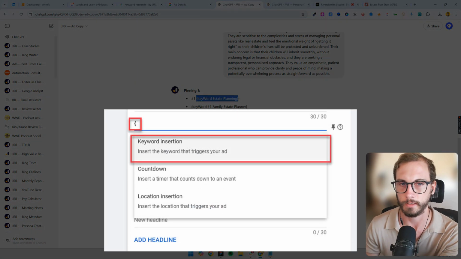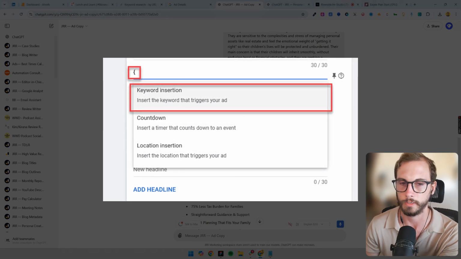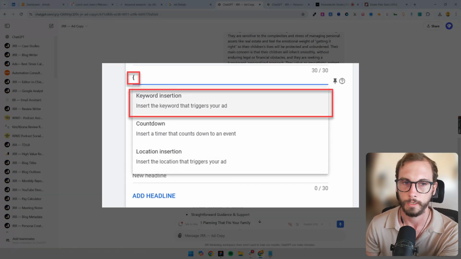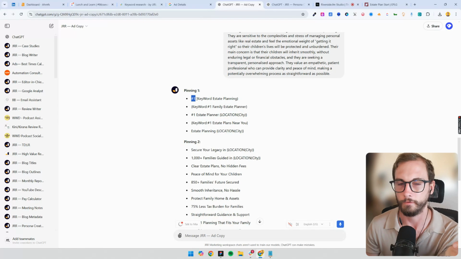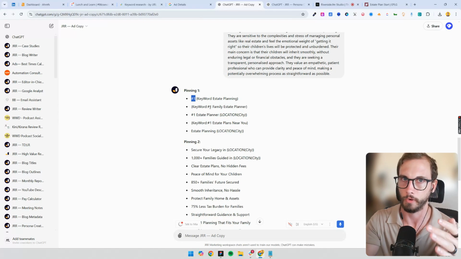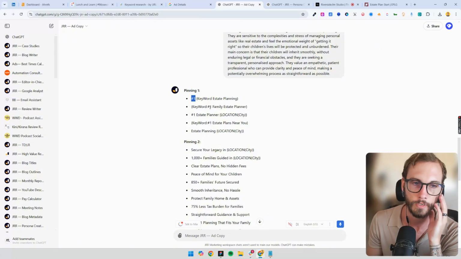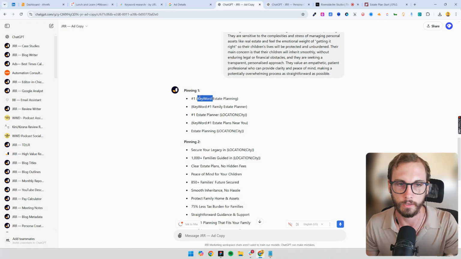So this would automatically insert what the person's typing into Google as long as you're bidding on it in your search keywords. And you can add a little number 1 at the front. This just adds a number to it, really. And the whole purpose is to add numbers in your headlines so that it stands out from other bidders, other advertisers on the search results. So that's something that I would probably do as the first pinning.